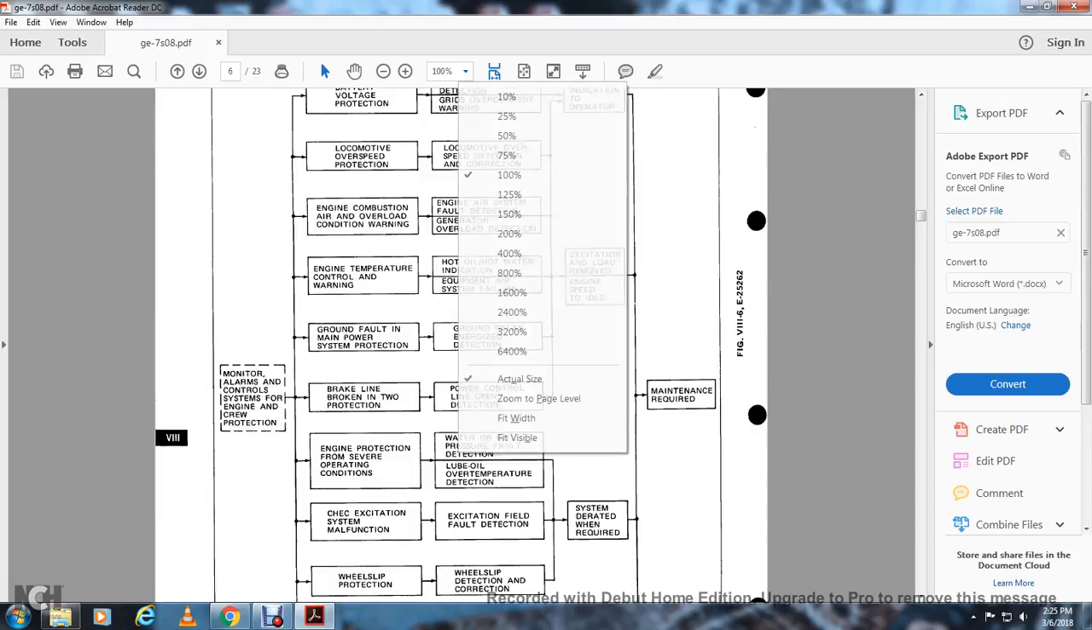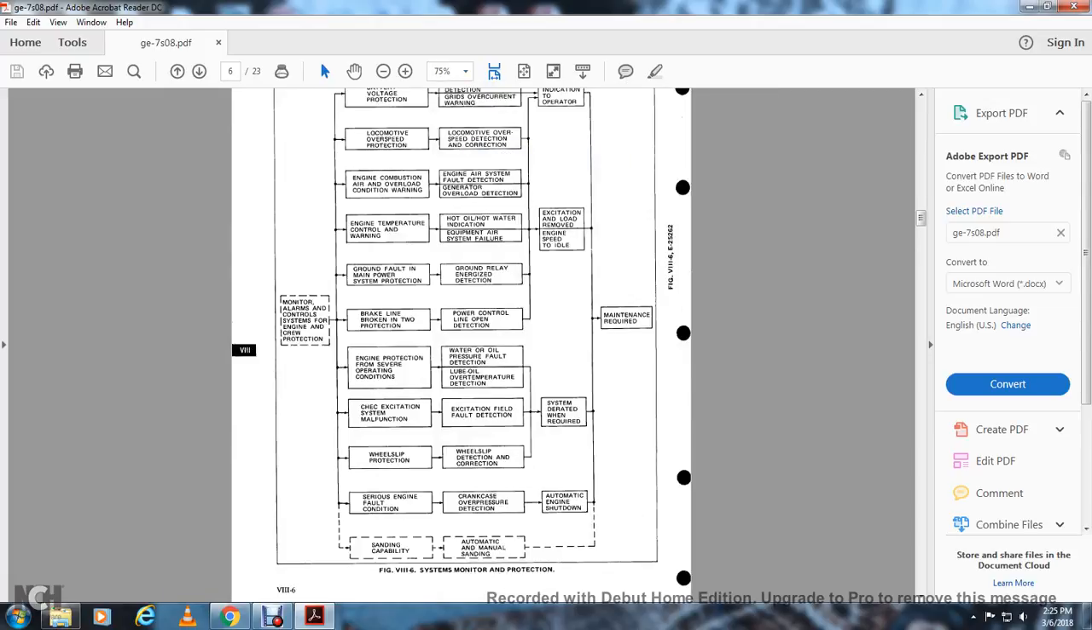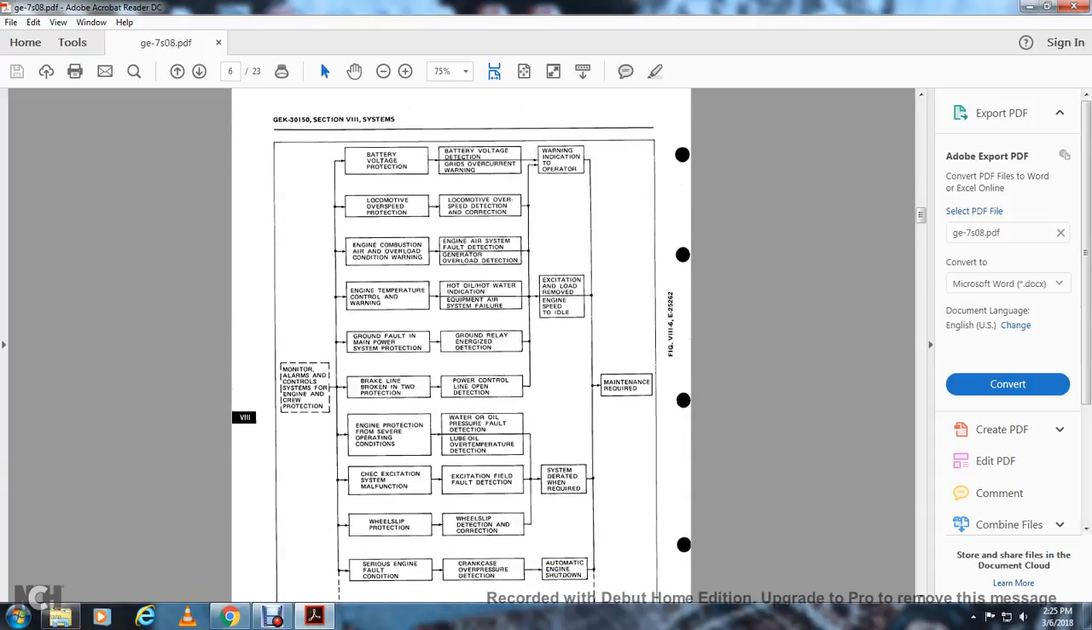Alright, and then we're going to back out of this. Alright, your fuel system monitoring. Okay, your monitoring alarm control system and engine protection